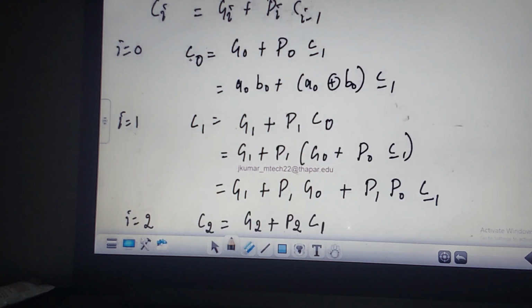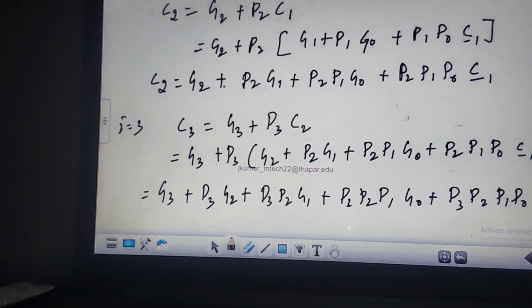So again, what is the limitation of this carry look ahead adder? Now look at your carry expressions C0, C1, C2, and then C3. The basic problem here is, here a 2 input AND gate, correct? Here a 3 input AND gate. Here a 4 input AND gate. Here a 5 input AND gate. Imagine you are doing an 8-bit carry look ahead adder, same computations. So there is an uncertainty in the digital circuit. You're building the circuit with 2 input gates, 3 input gates, 4 input gates, 5 input gates. So there is a problem of fan in and fan out.